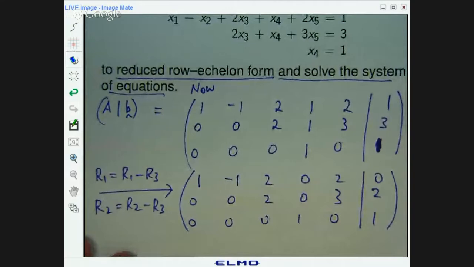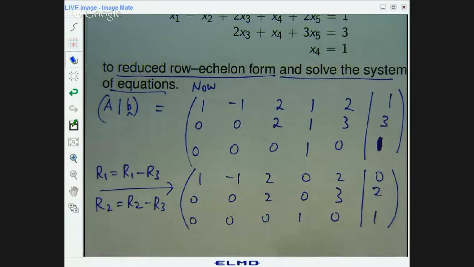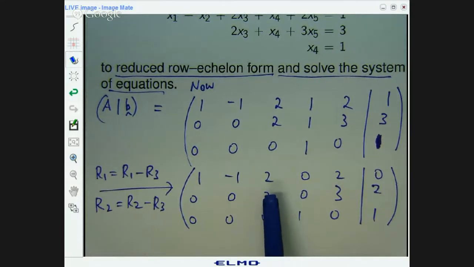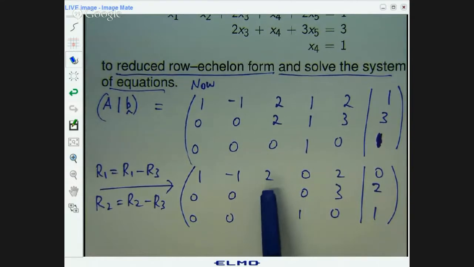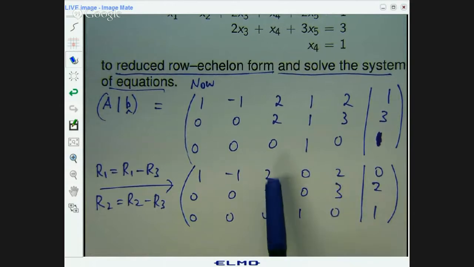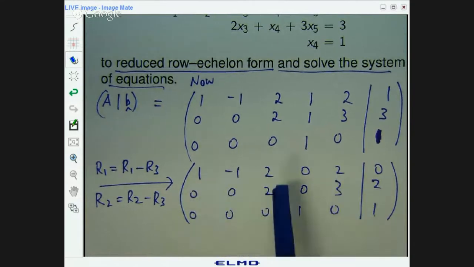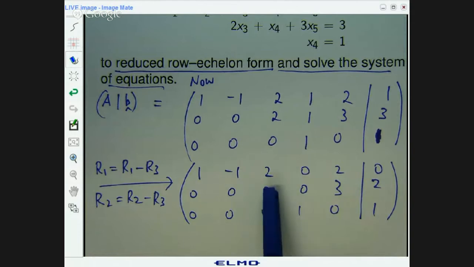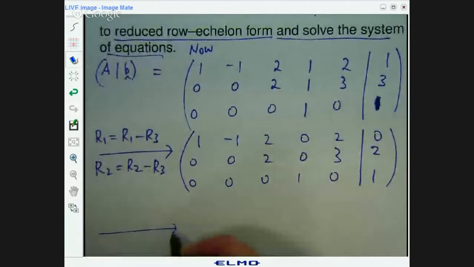Okay, so now what? Well, let's look at this leading entry now. I do want to make that a 1. But before I do that, what I'm actually going to do is take away row 2 from row 1. Normally you'd make that a 1, but that is a multiple of that, and I can just avoid fractions for that little bit if I do it that way. So I'm going to